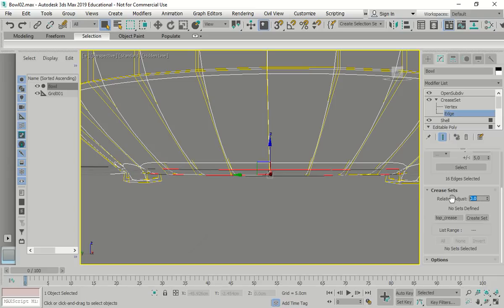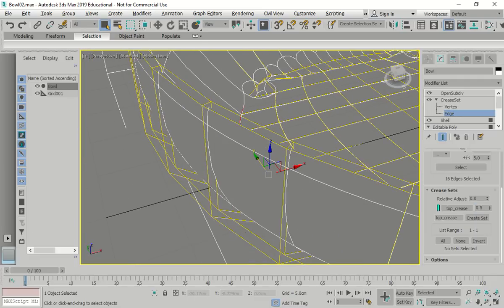We're going to put the height in the spinner as 0.5. And we're going to press create, and we're going to put in 0.5 in the spinner, which is going to adjust just the crease of the thing. We're going to do a similar thing on the inside face of the bowl as well. And once that's all done,